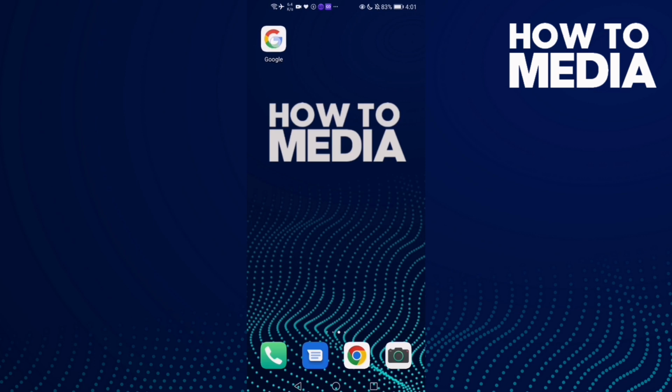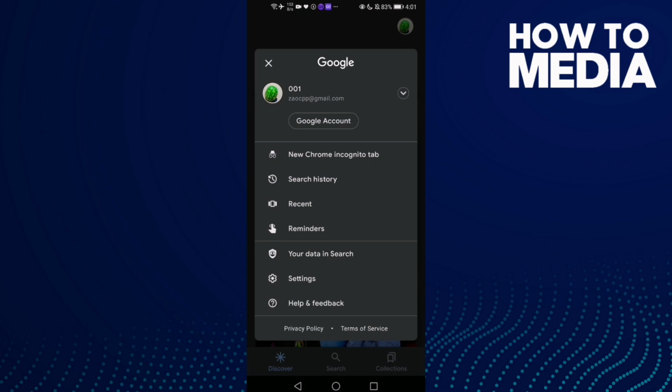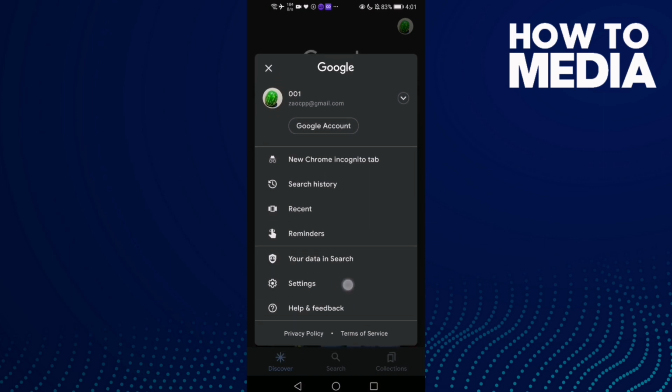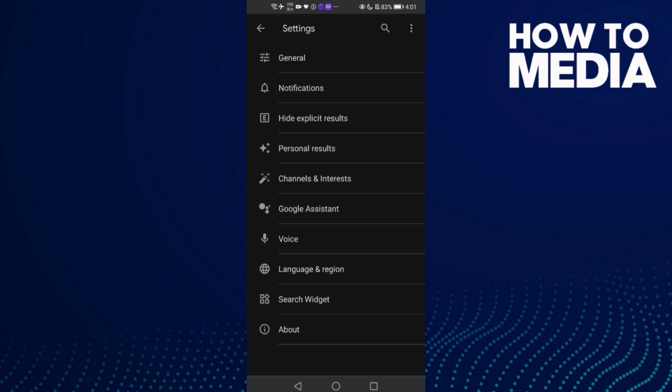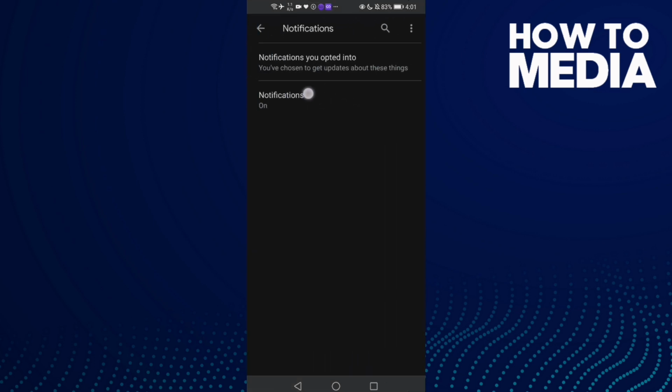First we're gonna do is go to Google, and then click on your profile here, and now click settings, and then click here notifications, and click notifications again here,